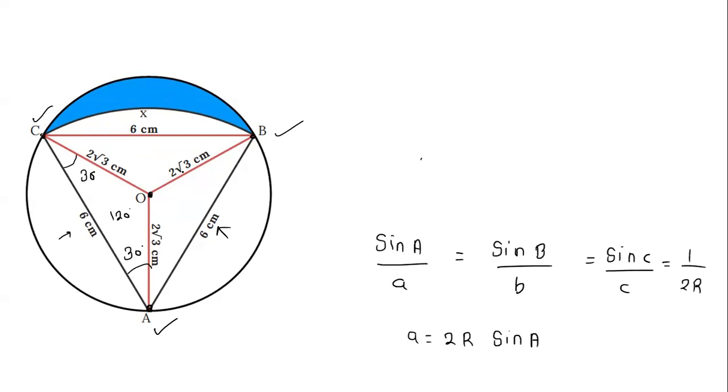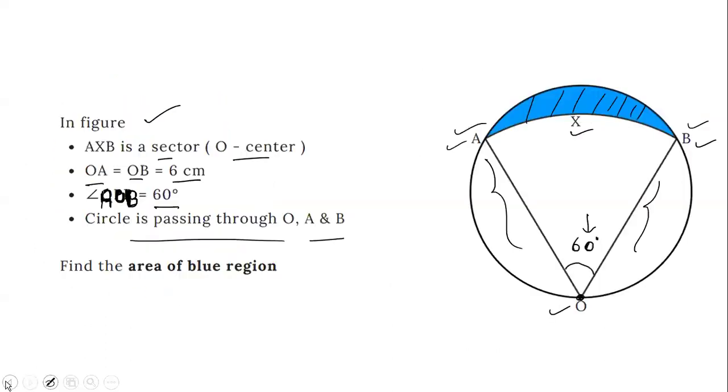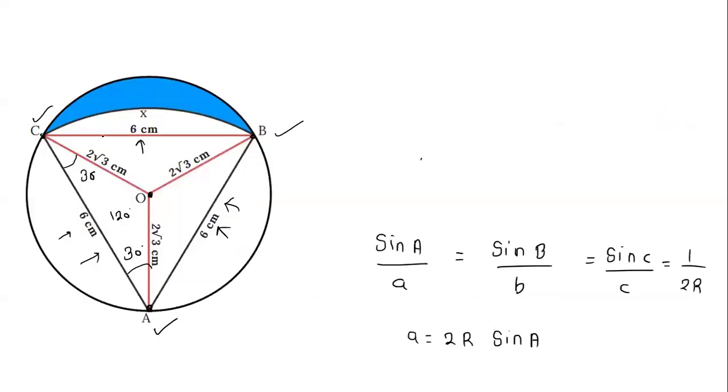Now you see I additionally join this point B and C in the problem. You can see that in the problem only this line and this line is given, and I join this line B and C, and you can see that this is an equilateral triangle because this side is 6, this side is 6, and this angle is 60 degree. So you can easily see that this angle also will be 60 degree and this angle also will be 60 degree, and this side will come as 6 centimeters. So this is an equilateral triangle. So ABC is an equilateral triangle.